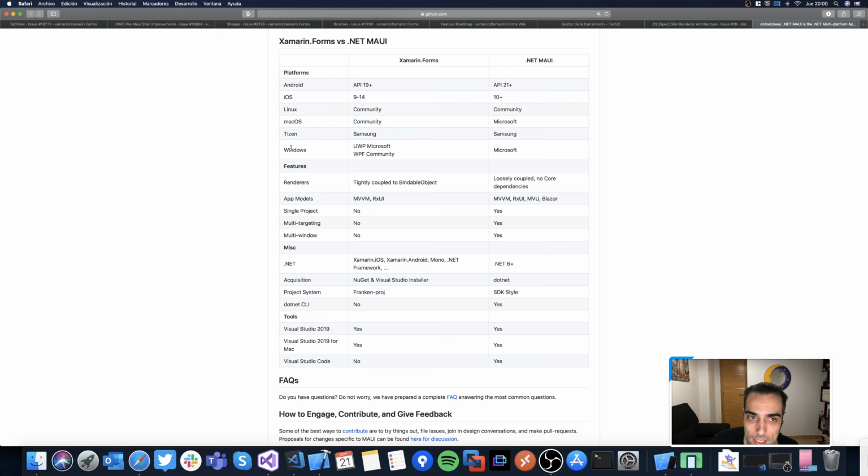Yes, that means that we want to have the same possibilities creating the same application in Android and Mac OS, for example. So there are interesting changes in the renderers. I don't know if we, yeah, well, we can talk about it a little bit, but